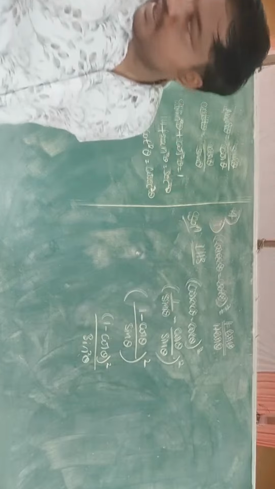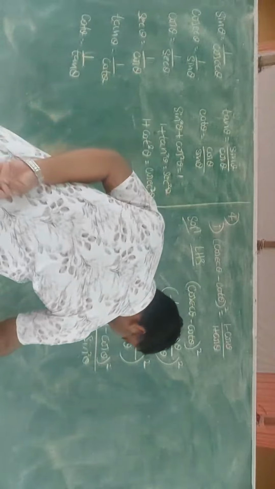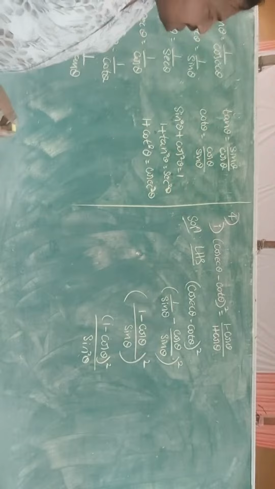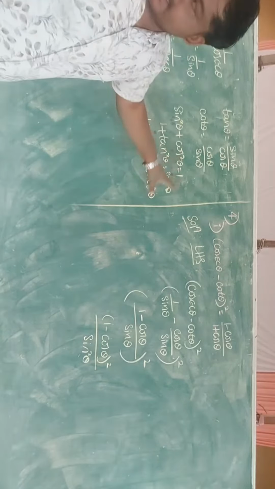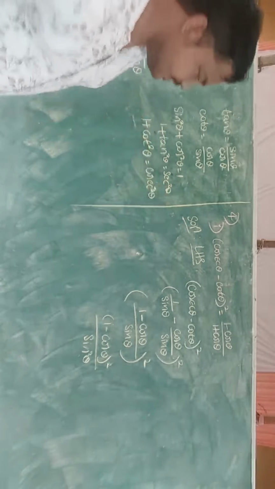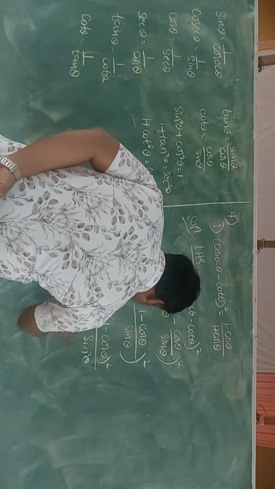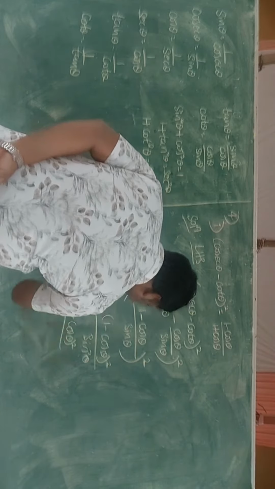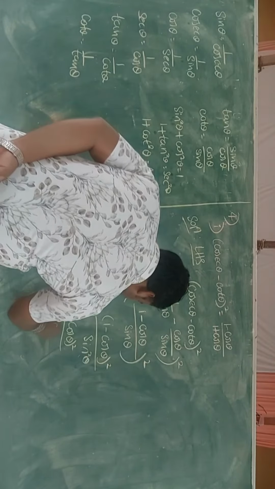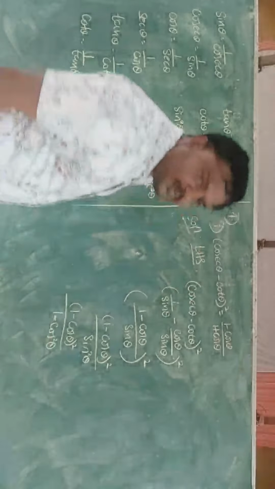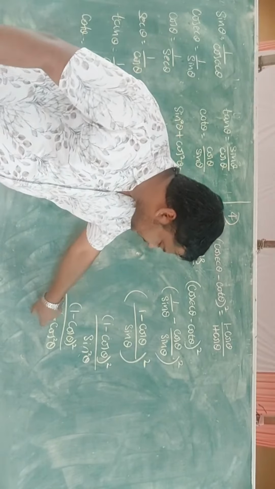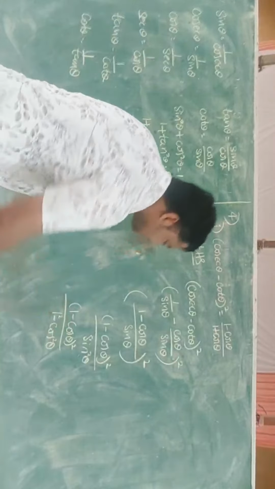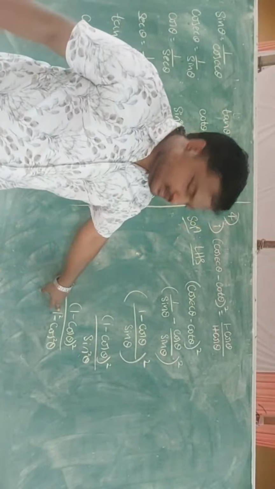Now come to the identities. First identity you can see: sin square theta plus cos square theta is equal to 1. So sin square theta can also be written as 1 minus cos square theta. So the numerator is written as it is, (1 minus cos theta) whole square, divided by 1 minus cos square theta. See, the denominator looks like a square minus b square. Imagine this is 1 square, 1 square is 1. A square minus b square is nothing but